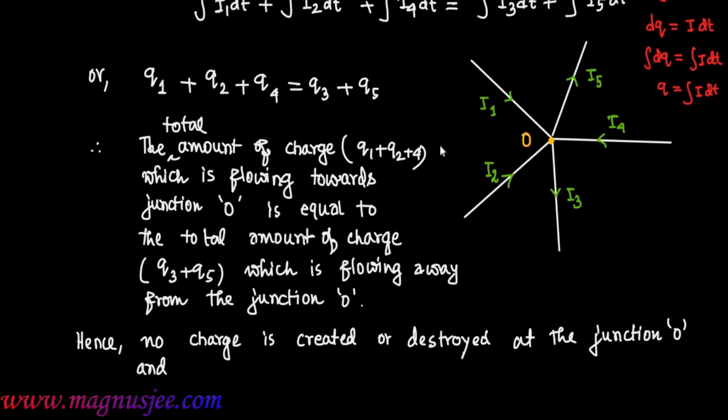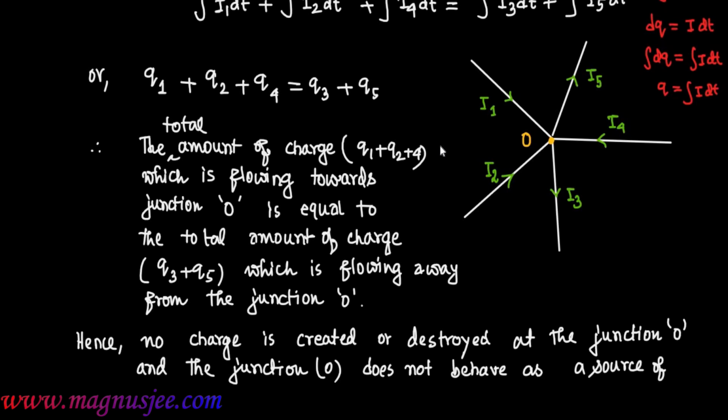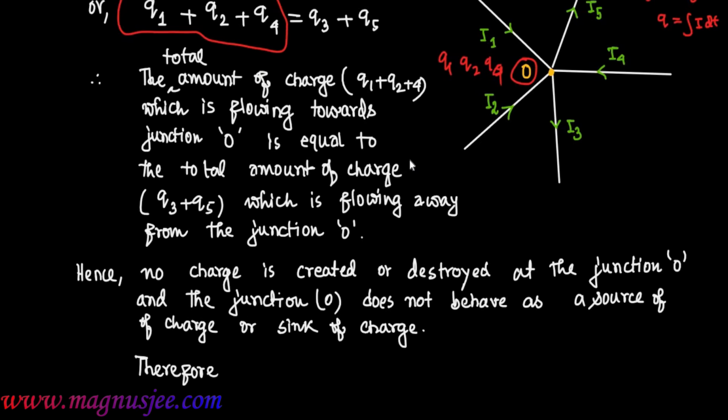And the junction O does not act as a source of charge or sink of charge. The junction O does not behave as a source of charge or sink of charge. Therefore,